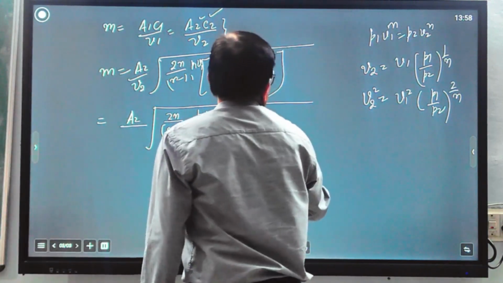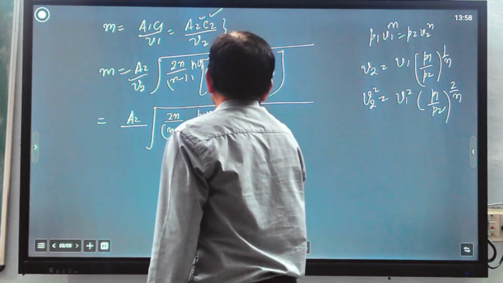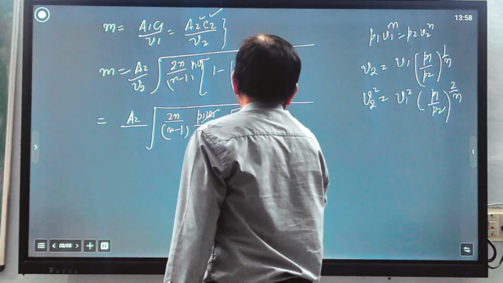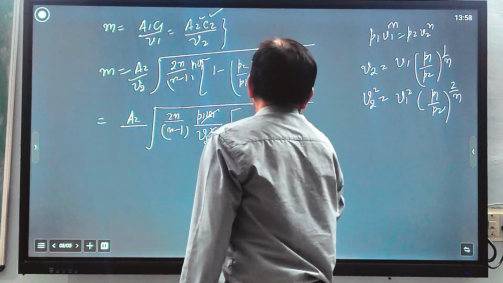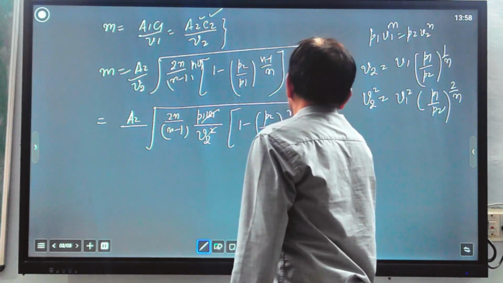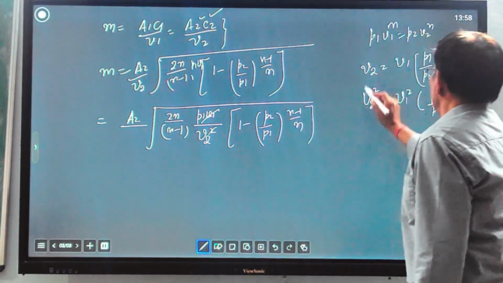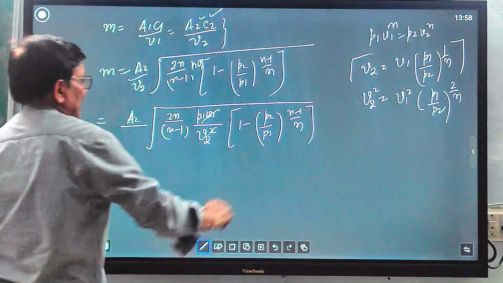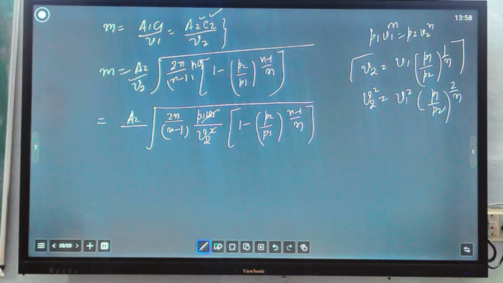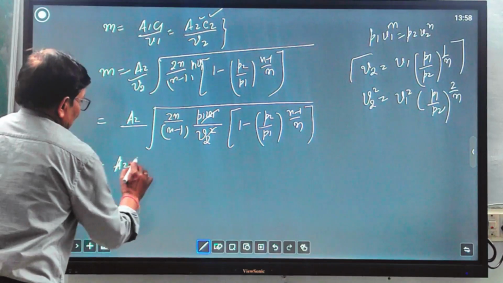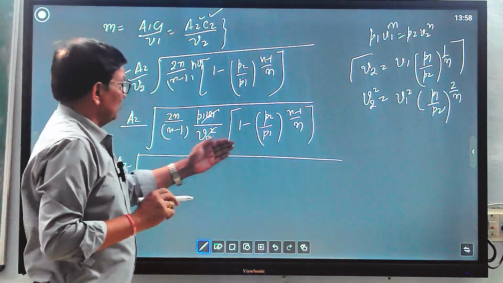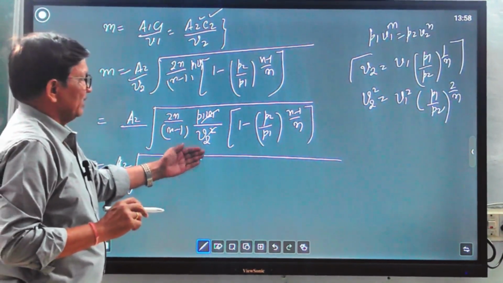So from V1 you have to remove one V1. In the bracket you will take 1 minus (P2 by P1) to the power n minus 1 upon n. Bracket close. So you have to put V2 here already. So taking V2 inside the bracket and putting the value of V2 equal to V1 times P1 upon P2, because V1 already, only V1 will remain, and take this